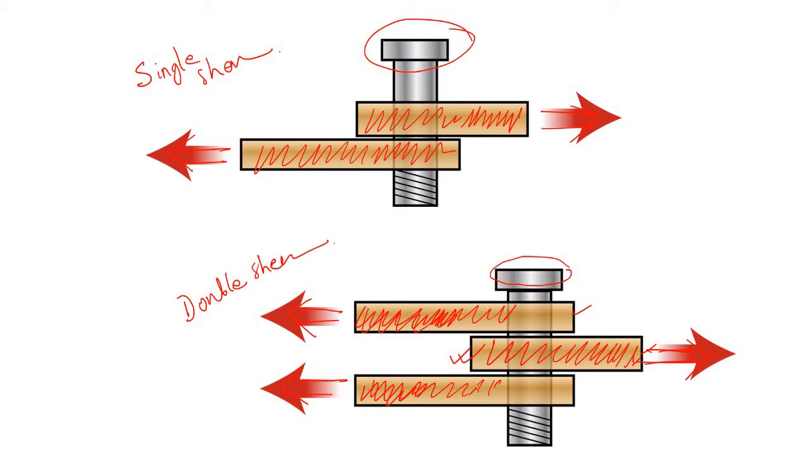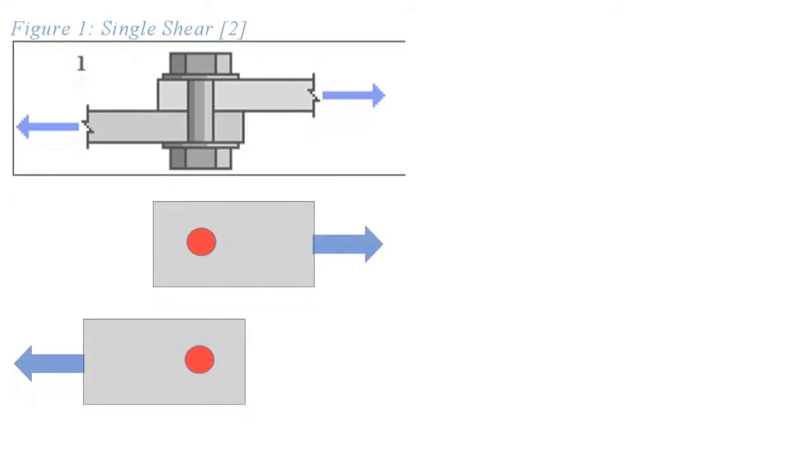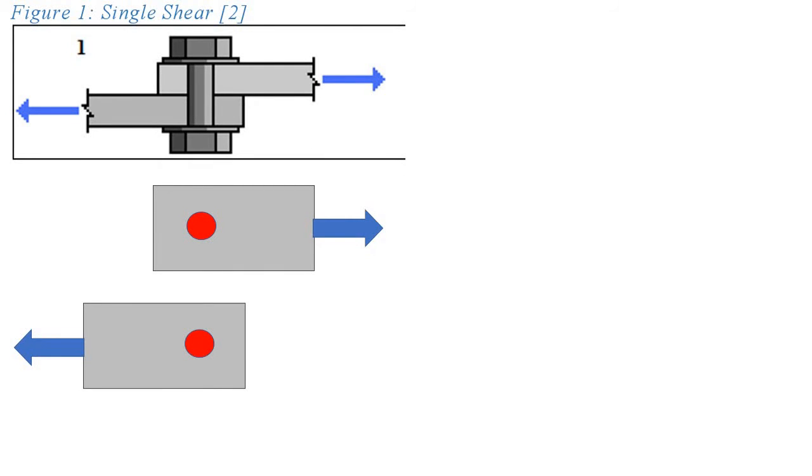Got it? So our next target is to find how this tensile load is actually going to be transferred from this plate to this plate, of course through this bolt. So let's see it. Very first, we are using a bolt to connect these two particular plates, this is plate number 1, this is plate number 2.